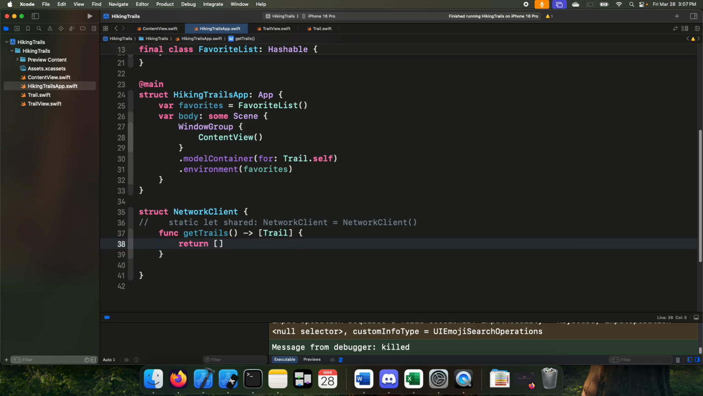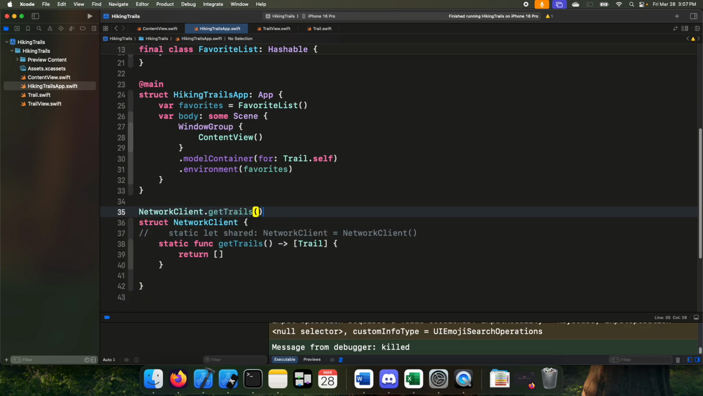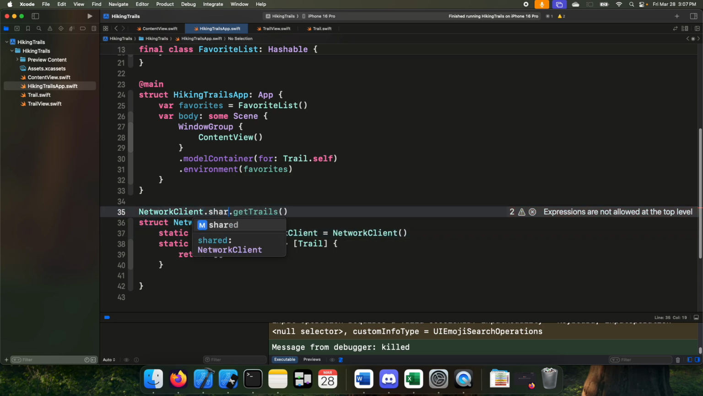And you don't need to store any information in the network client. You don't actually need a network client instance ever. There's no data that you want to keep stored anywhere. You can just make these functions static, and then you can access them by doing NetworkClient.getTrails from anywhere. You don't need an instance. You don't need .shared. You do need .shared, like so,